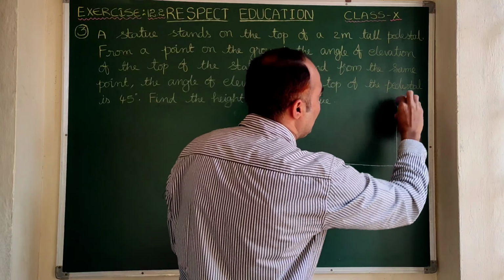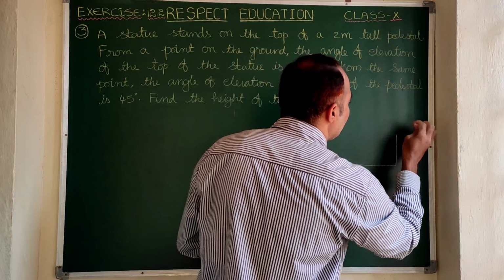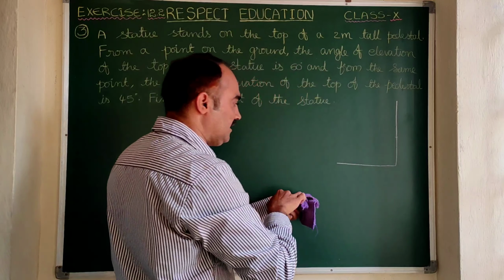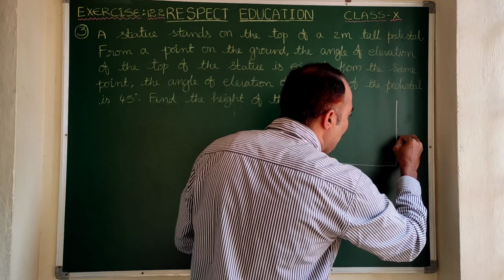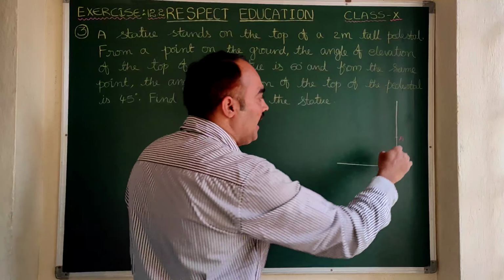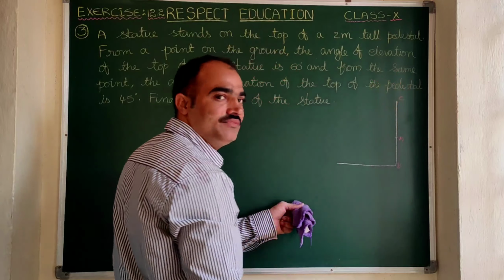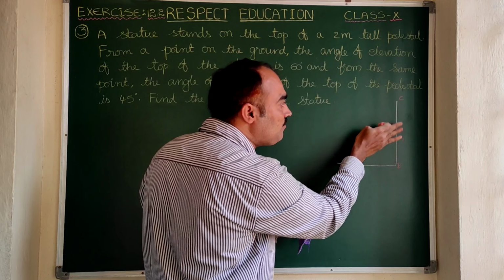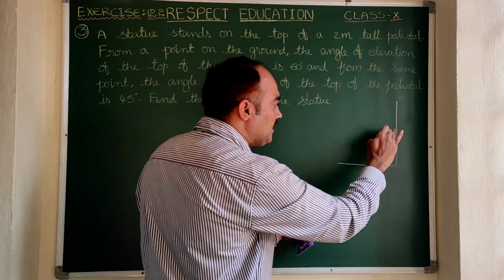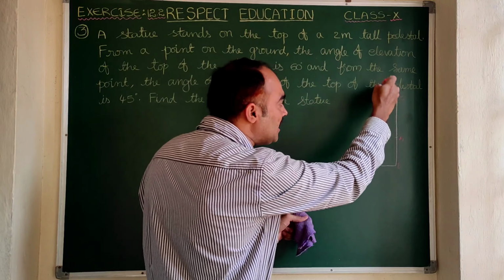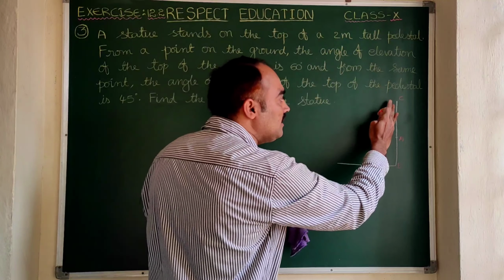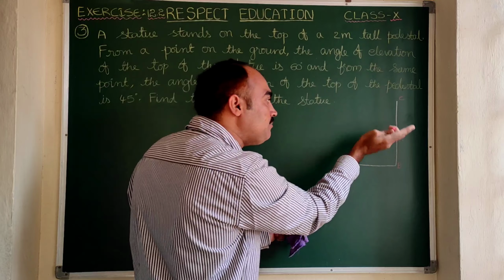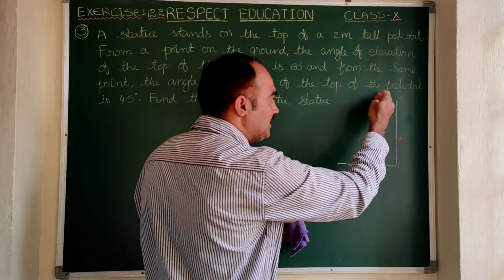So here let us draw the statue straight. You need to understand that let AB be the pedestal and AC be the statue. Here AC is the statue, AB is the pedestal. The pedestal is the supporter for the statue. Clear? The pedestal is the base or support on which the statue is mounted. That means the statue is not directly erected on the earth. First there is a pedestal, and on that pedestal the statue is mounted or placed.